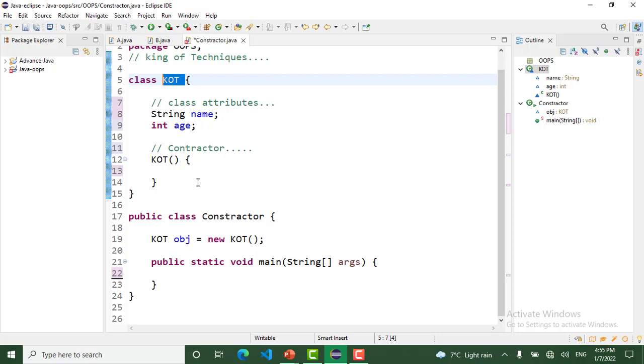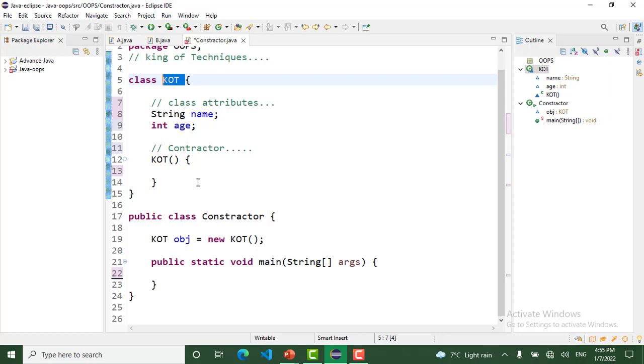A constructor doesn't return any types, but methods do. Methods have a return type or void; when a method has the type void, it doesn't return any value.